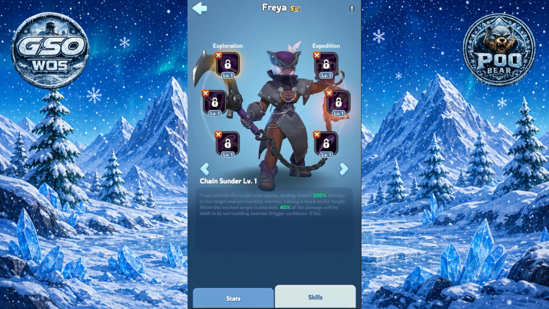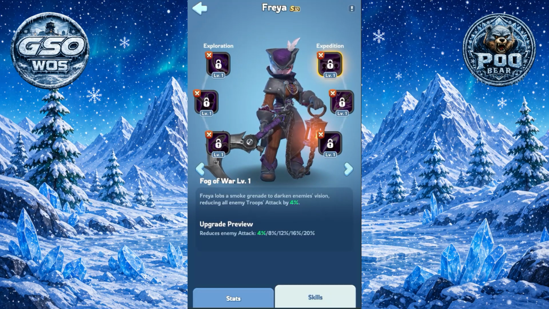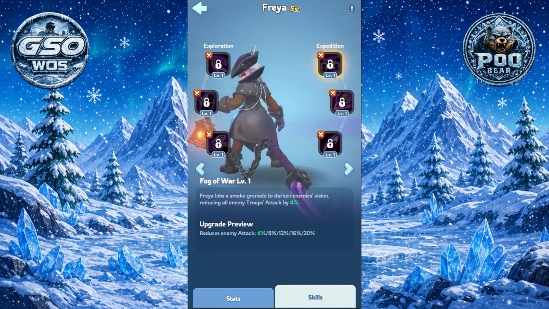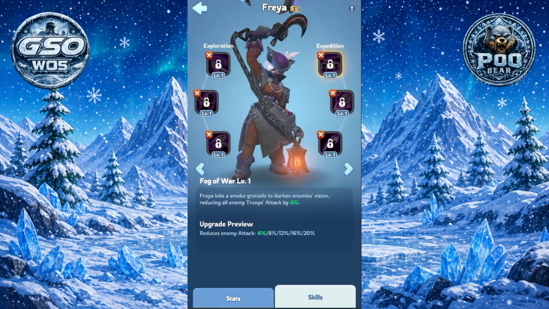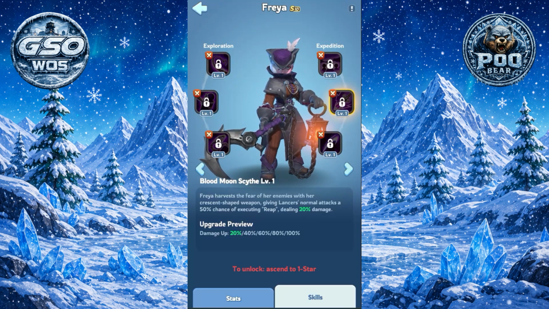Okay. And what kind of skills are we rocking on this one? So the first one reduces all enemy troop attack by 4%. So a good defensive, and you can get that up to 20. So I like that. The second one,